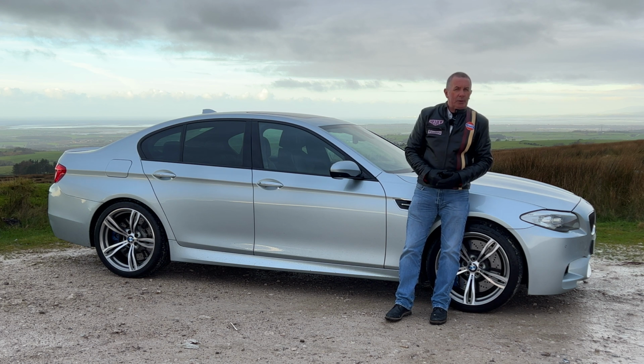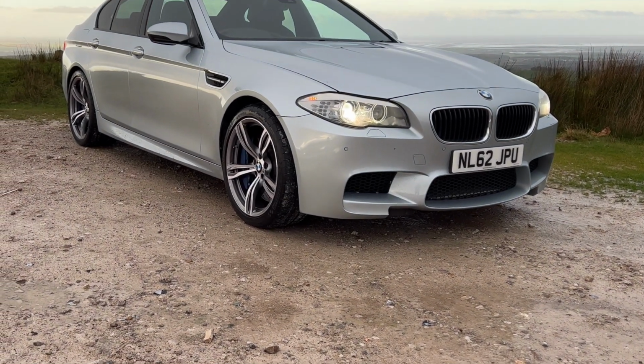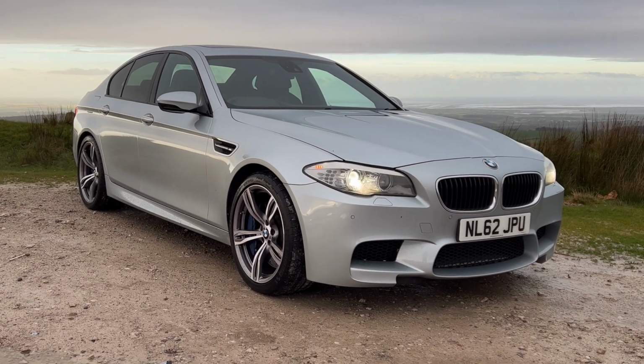Today I'm going to show you around our BMW M5, then I'll take you for a ride in it, but first I'll tell you a little bit more about it. It's a V8 DCT 2012 on a 62 plate. Has done